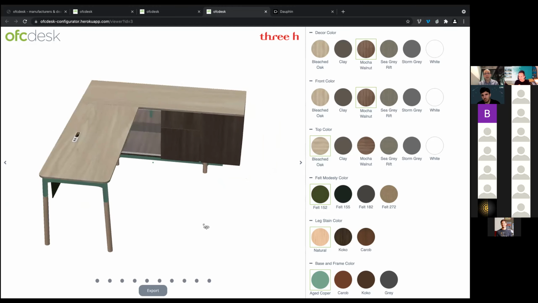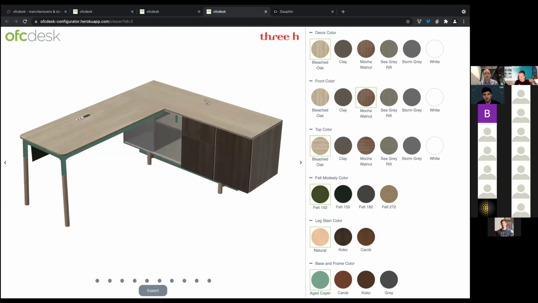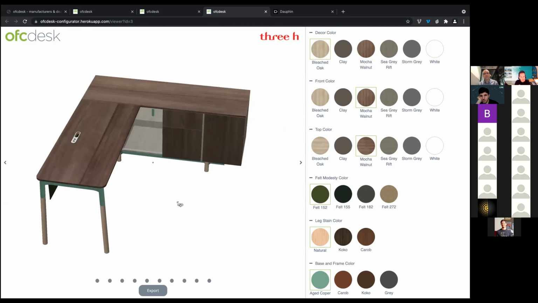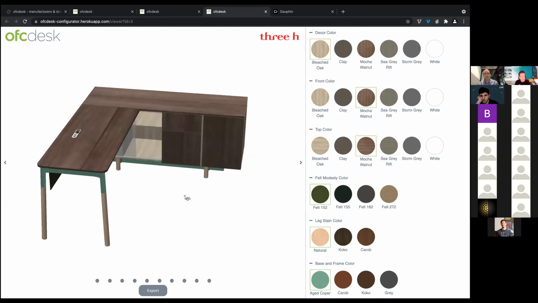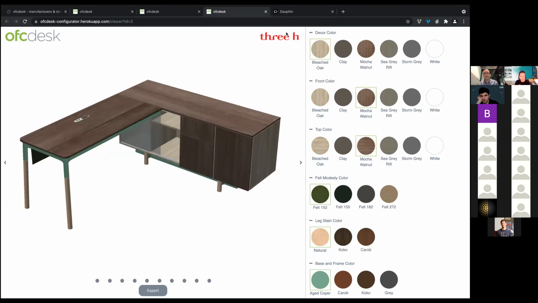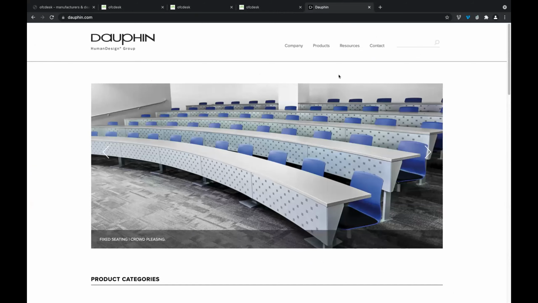So here you can apply finishes across multiple products. This credenza is one product, this table is another. We linked those finishes so they stay consistent, and we kept some of the animations here as well. Okay, so again, all those configurations have that database behind the scenes. And this is a real example here, a manufacturer called Dolphin. They asked us to expose